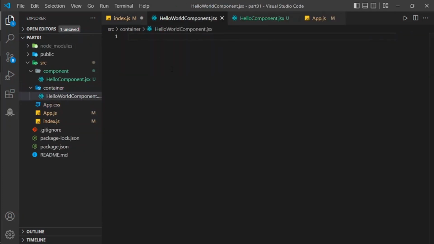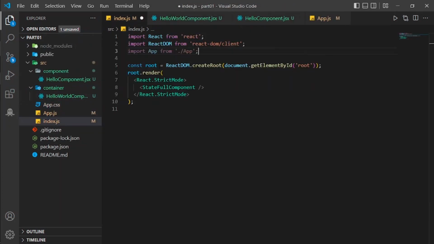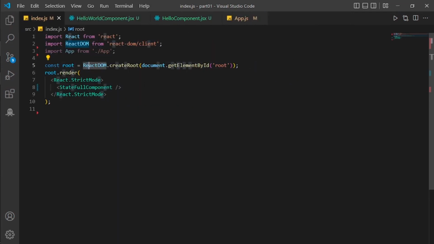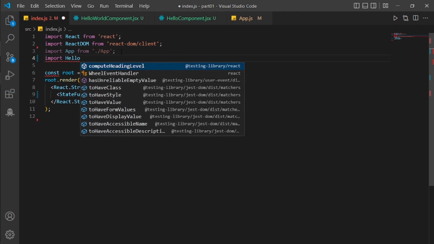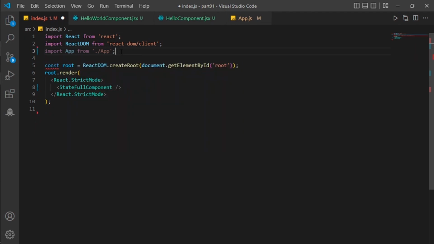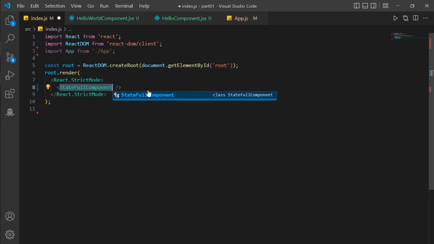.jsx. I can copy and paste it here. Now, to import this stateful component, we just have to do import hello. Or you can just put it in here. If you are already writing the name of the function or the component, you can press Ctrl and then space. It will automatically give you some autocomplete, and if you click it,